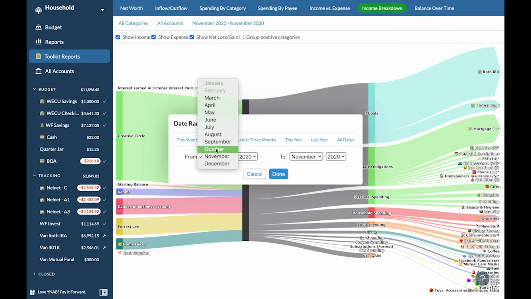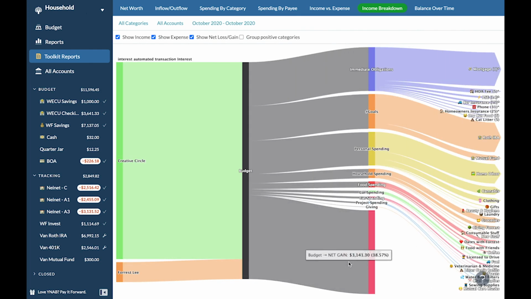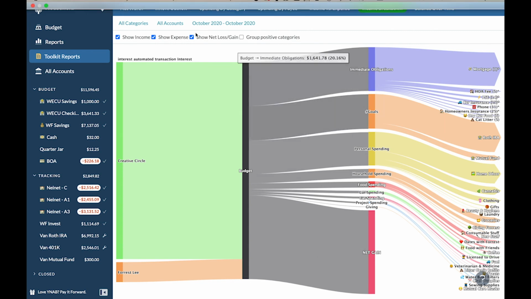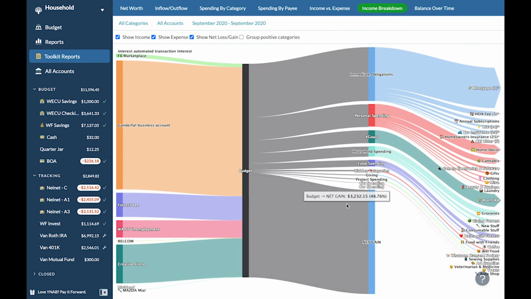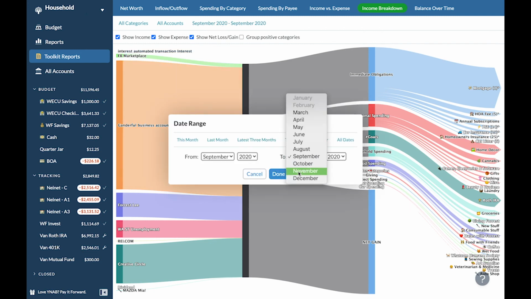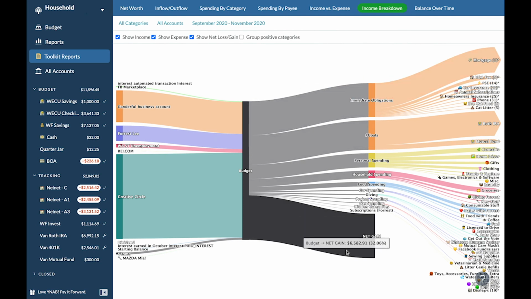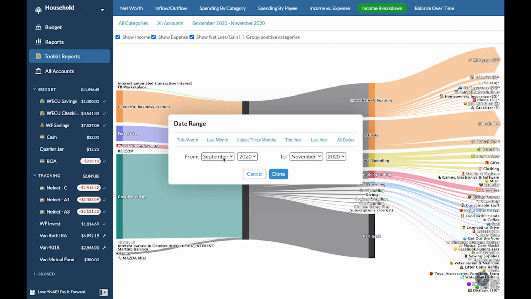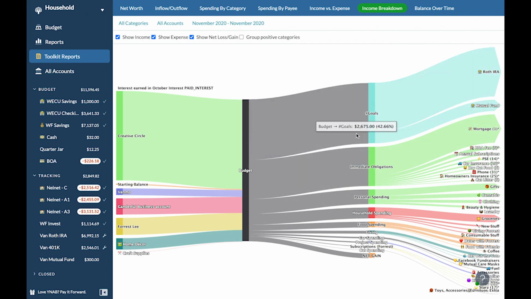And also, if I back this up a month to October, you can see the shift in my priorities starting to happen. The net gain is the amount of money that just stayed in my budget and didn't go anywhere, just basically building up that emergency fund. If we go back even to September, it was an even bigger priority to me to save for those things. So let's expand this to account for all of them. Yeah, and now they've all kind of evened out. I hope that I will maintain, instead of a higher amount of net gain, to more going out in goals.